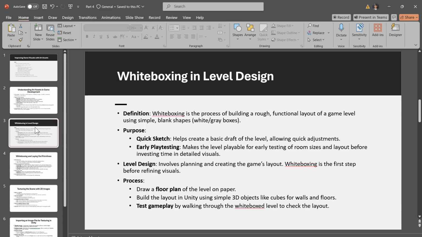It's easier to adjust room sizes, layouts, and other aspects in the early whiteboxing stage. If something needs to change, for example, rooms are too small, you can fix it more easily at this stage. Whiteboxing also keeps the team motivated because they can start playing and testing the level early on. So it's satisfying to see before starting